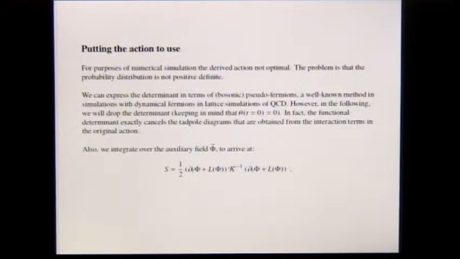So how can we evade this problem and work around it to define a Monte Carlo algorithm to sample the probability distribution? Well, we'll simply integrate out those additional fields, and we can show that this is possible under certain assumptions. First of all, we want to make sure that the inverse kernel K exists, and in particular in the following, we will choose a particular definition of the Heaviside theta function at t equals 0, which implies that a particular discretization for the action should be used.